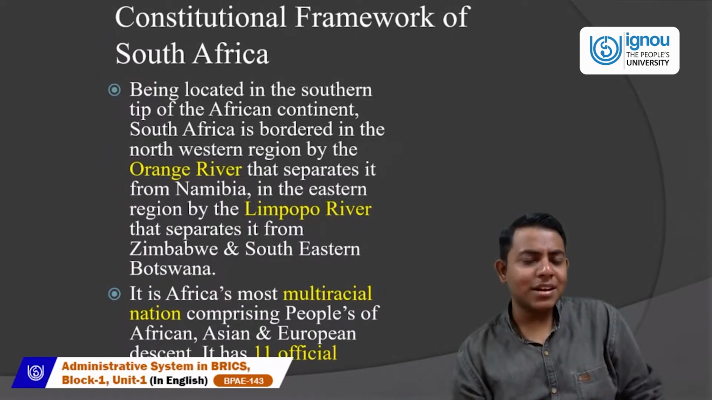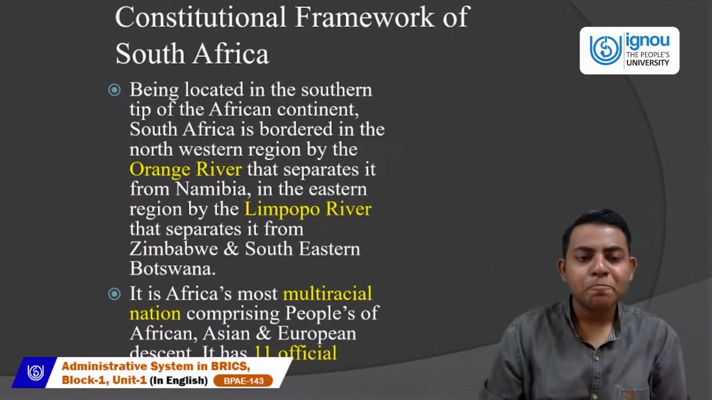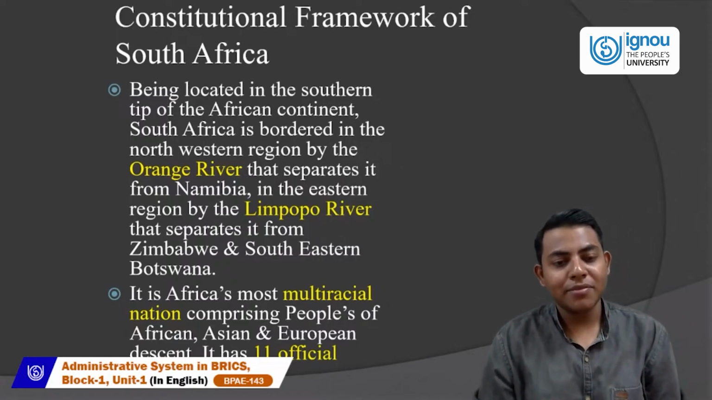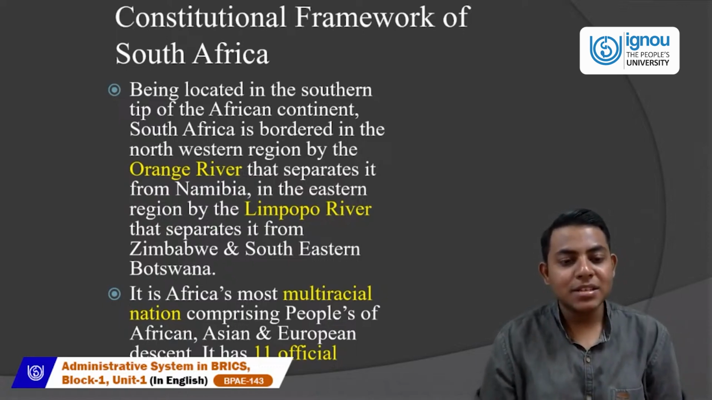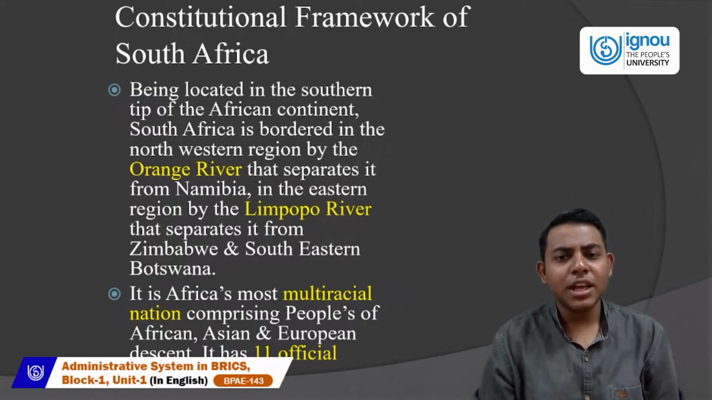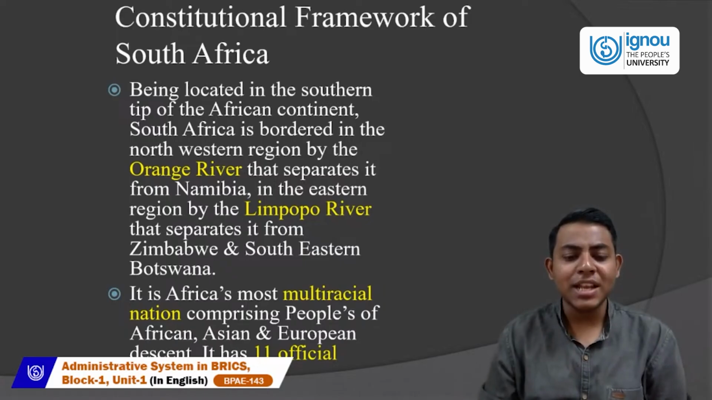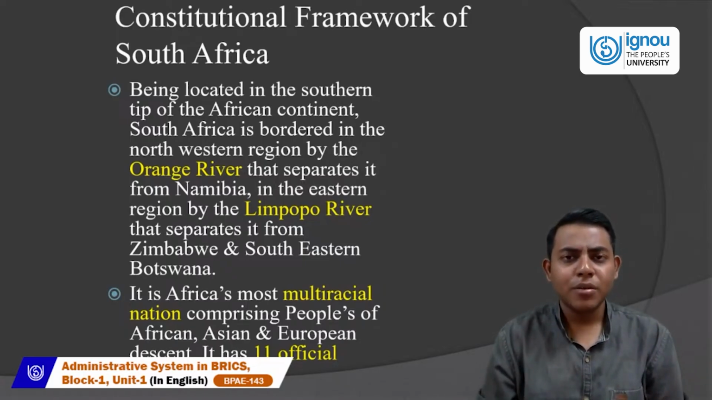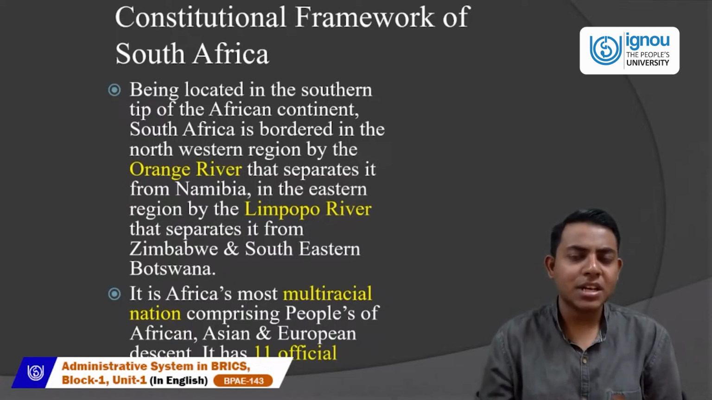Located in the southern tip of the African continent, South Africa is bordered in the northwestern region by the Orange River, which separates South Africa from Namibia. And on the east, South Africa is bordered by the Limpopo River, which separates South Africa from Zimbabwe and southeastern Botswana. Also in the northeast, South Africa is bordered by Swaziland or Eswatini. And there is an enclave inside South Africa, the country of Lesotho, which is surrounded on all